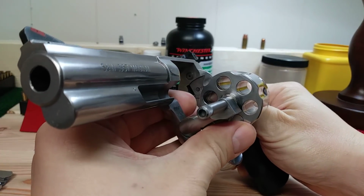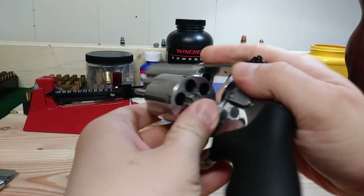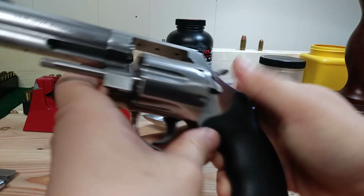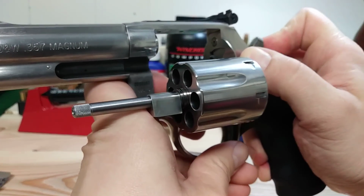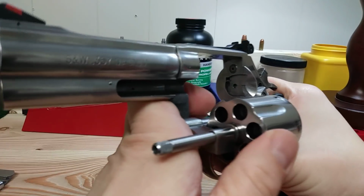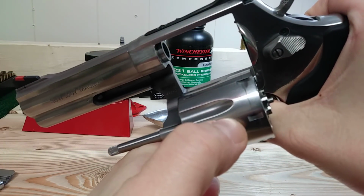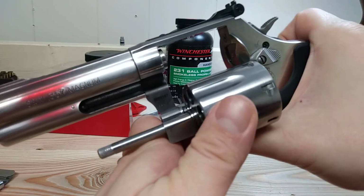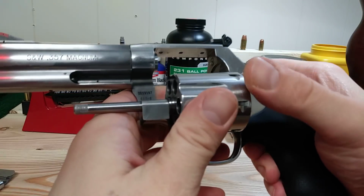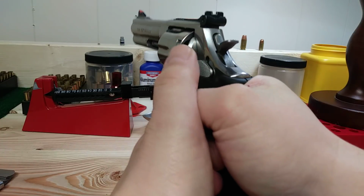So anyways, enough of that. I know it's the same old thing, but I do like this gun, and it's so smooth. It's so smooth. Take a look at this firing pin. There's the hand there, and let's take a look at that. Hard to see it. Nice sharp firing pin. I haven't turned the lock yet, but I'm probably